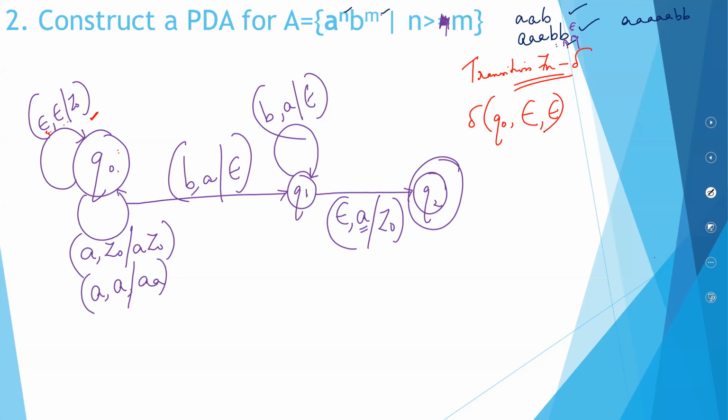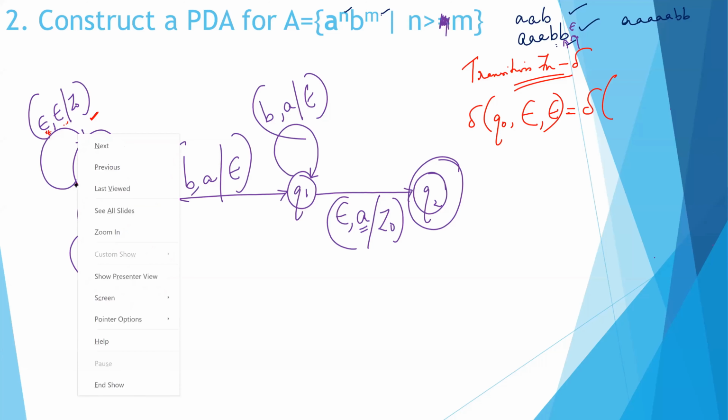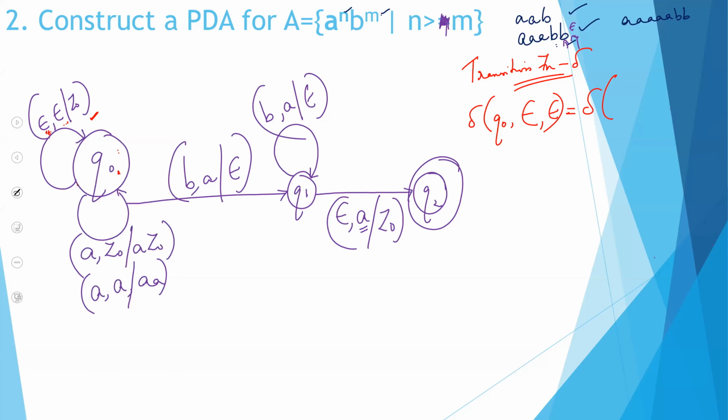I'll go once again. I am in a state called Q0. I have encountered epsilon and the top of my stack is epsilon. I will now be changing myself into delta. No, look here. Am I changing myself into a new state? No. I am coming back to my original state Q0. So I write Q0, and what is the new content of my stack? Z0. Okay, so I've written my transition function for this particular transition.